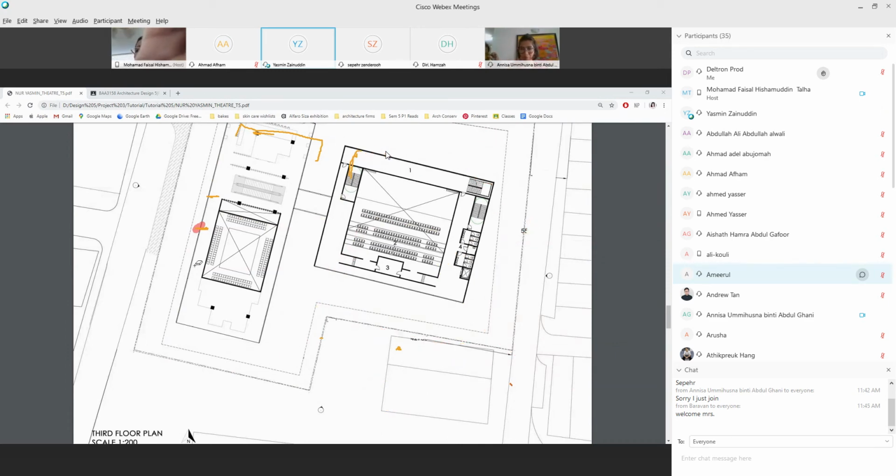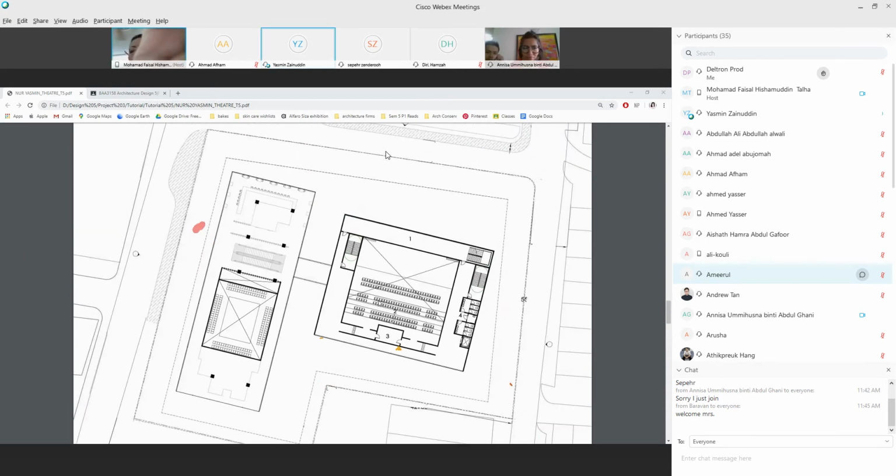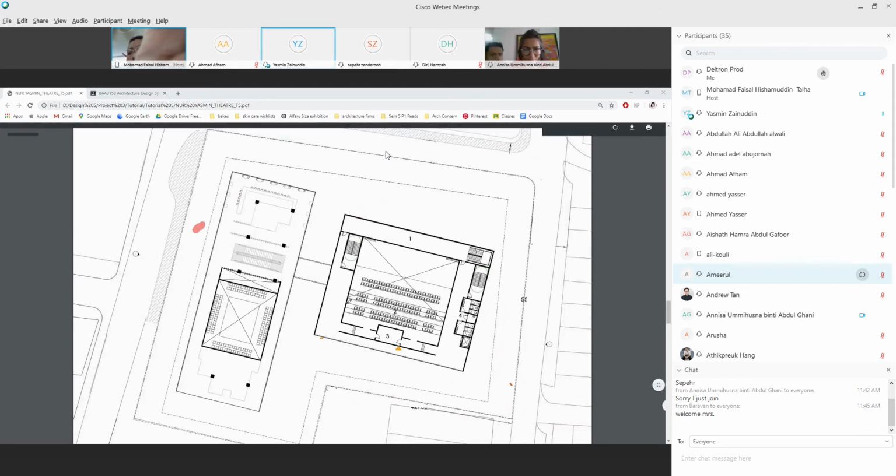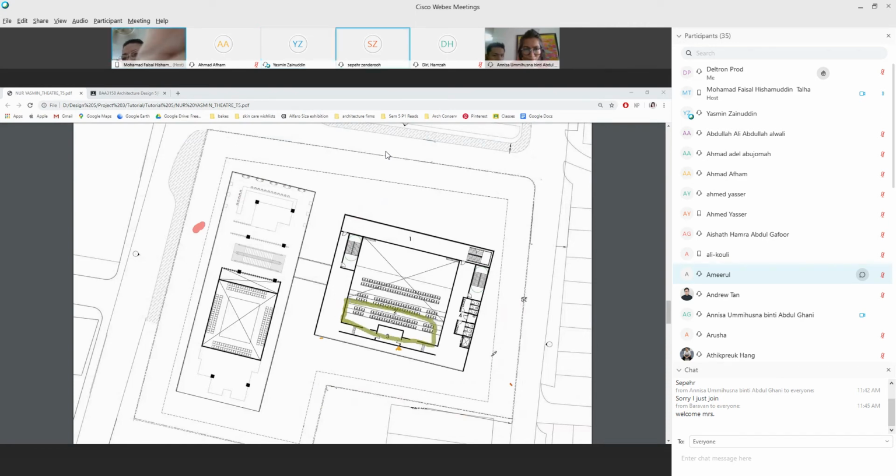Apa ni? The balcony level. Oh, balcony. Tak boleh ni. Where's the balcony? Here. Wait. Oh. How many seats you get? 370 something. 73, I think.